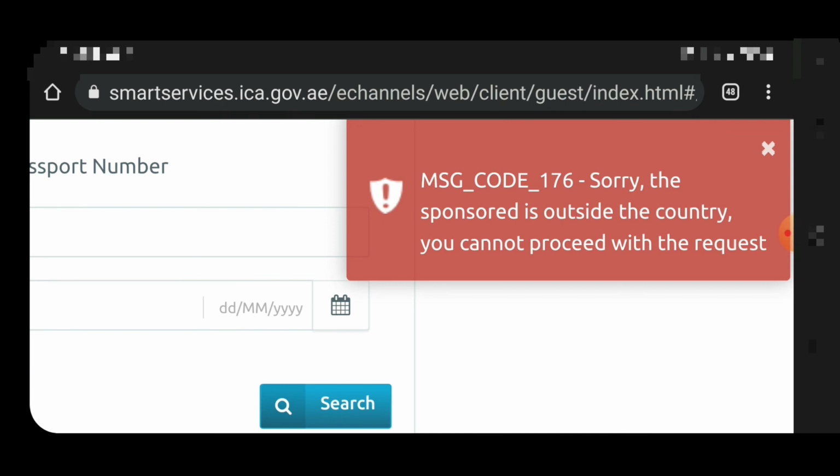So it means there are different codes you are receiving. 176 is for outside the country, and 172 means the person was inside and his visa is not cancelled. So these two codes are very important if you want to check and if you want to learn the coding system. We have to follow this one.